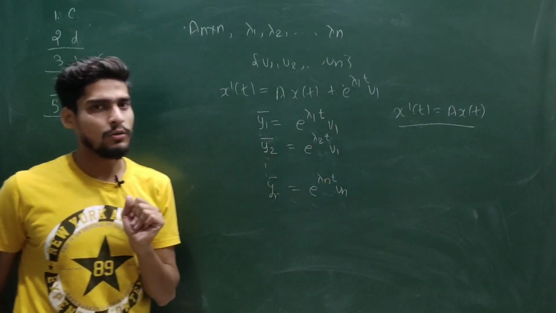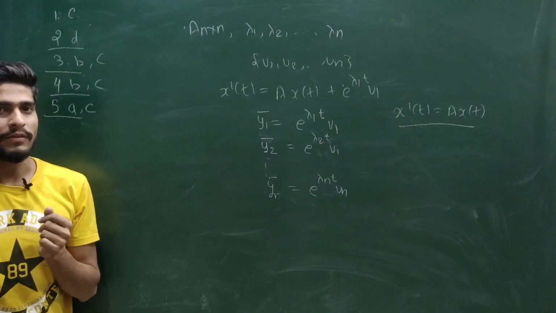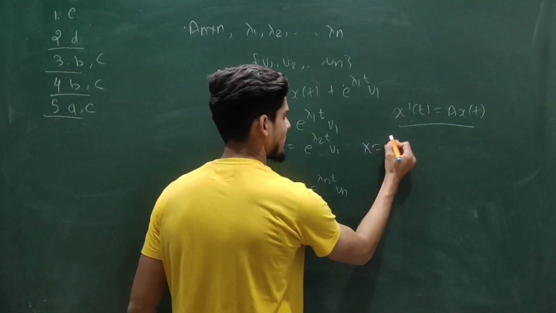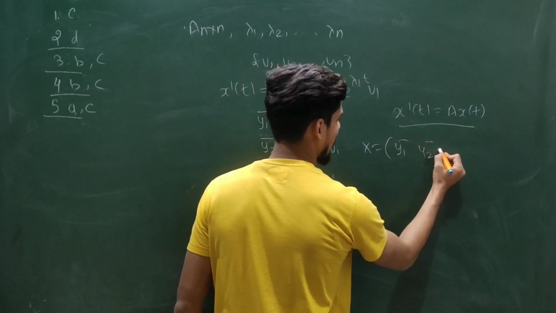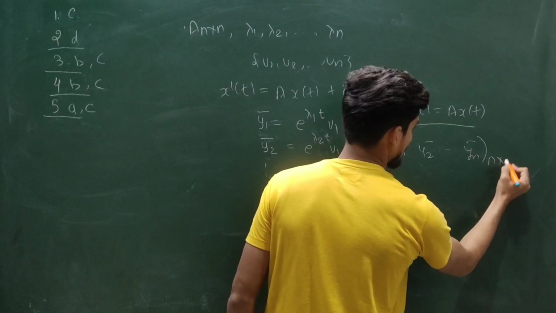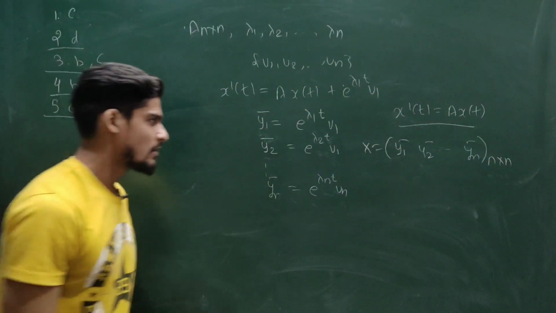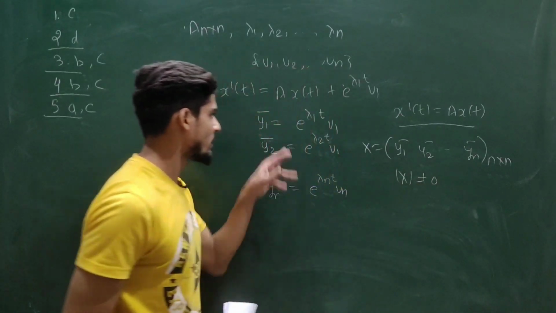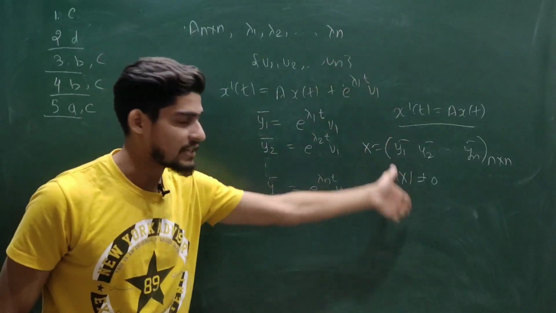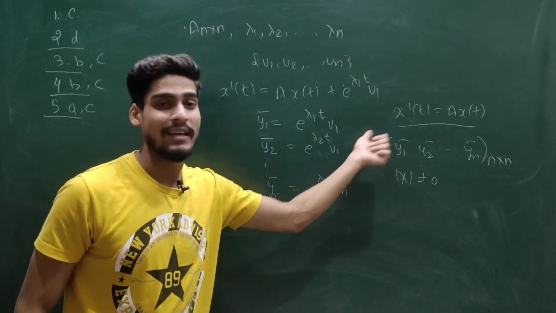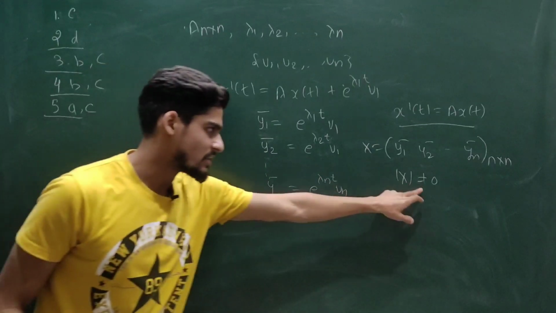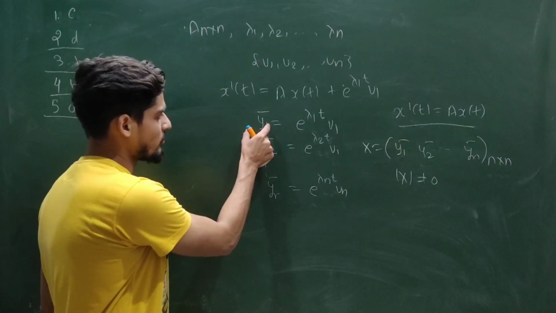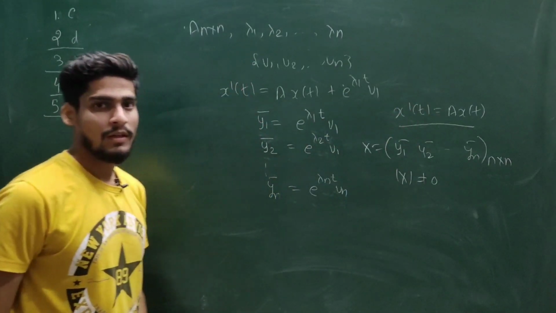In simple ODE, you use the variation of parameter format. Let me tell you one more thing. Suppose X is [y1 bar, y2 bar, ..., yn bar]. This is an n by n matrix, because each y is a column of order n. The determinant of this is non-zero, because each solution is linearly independent, which means each column is linearly independent. If each column is linearly independent, then X has to be invertible. So the determinant of X is non-zero, so X inverse is well defined. Now you are assuming this is a solution of this equation.